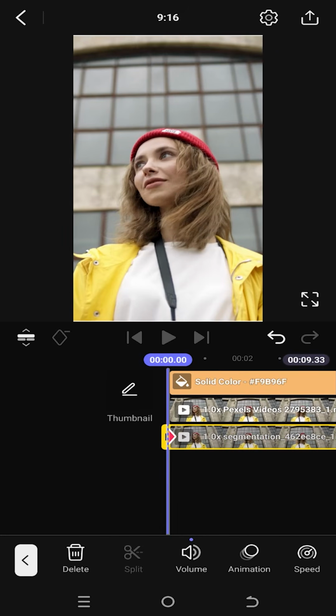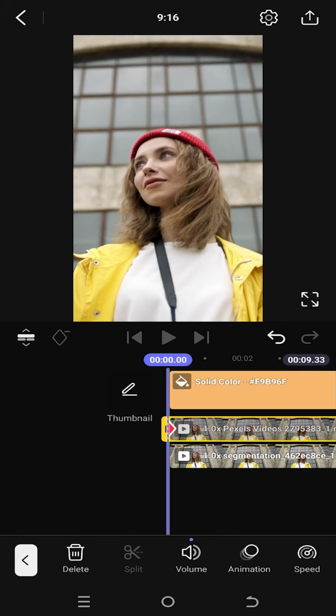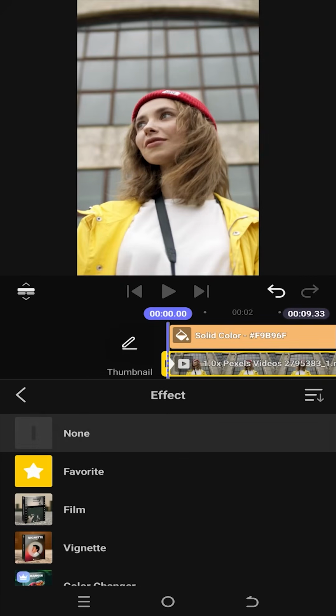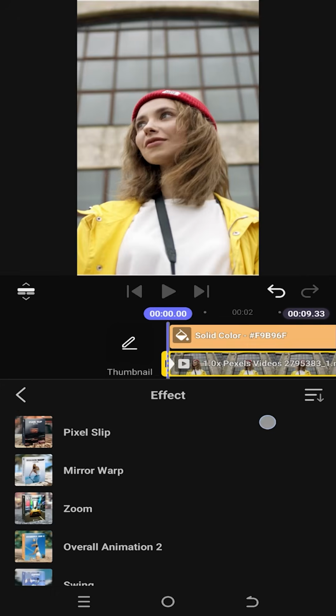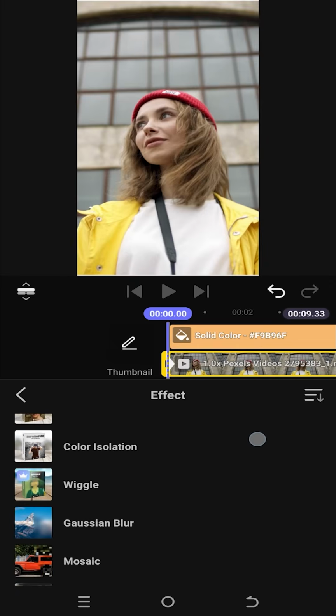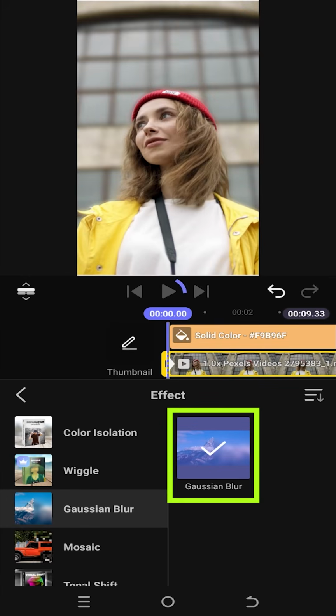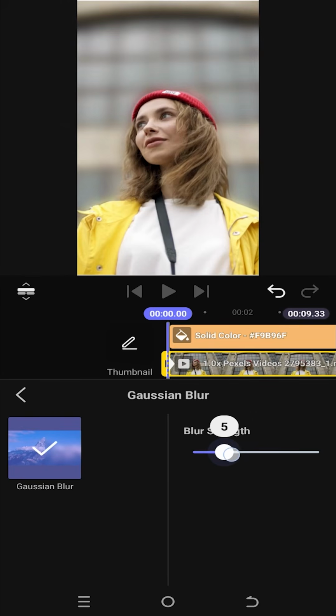Tap on empty space, unselect everything, select the middle clip, effects, look for Gaussian blur, apply the effect, adjust the blur with the slider,